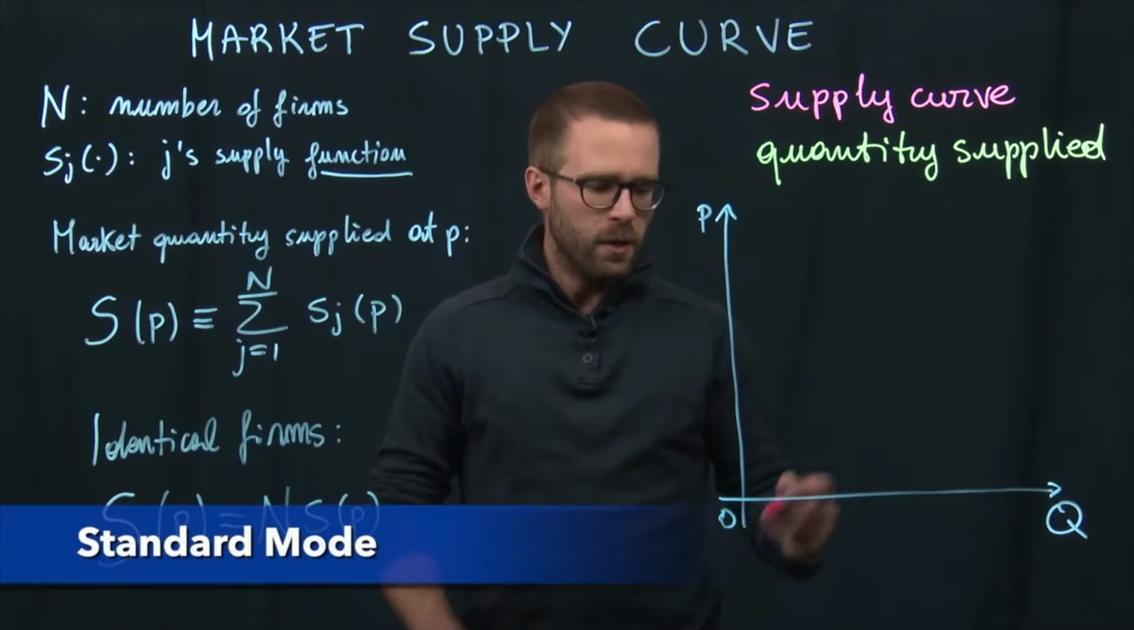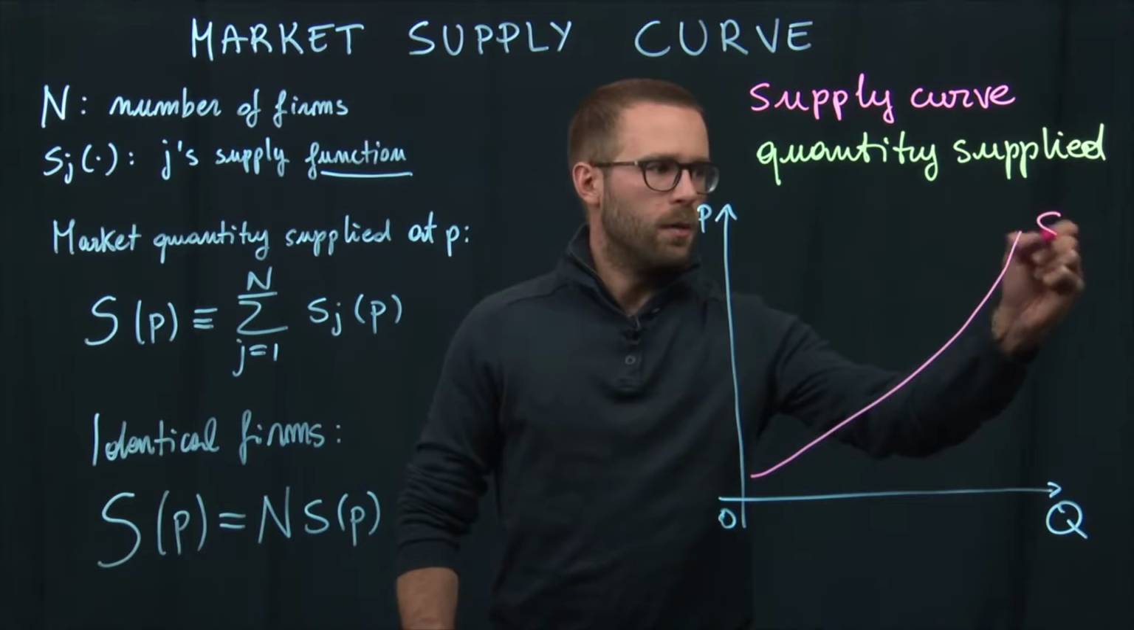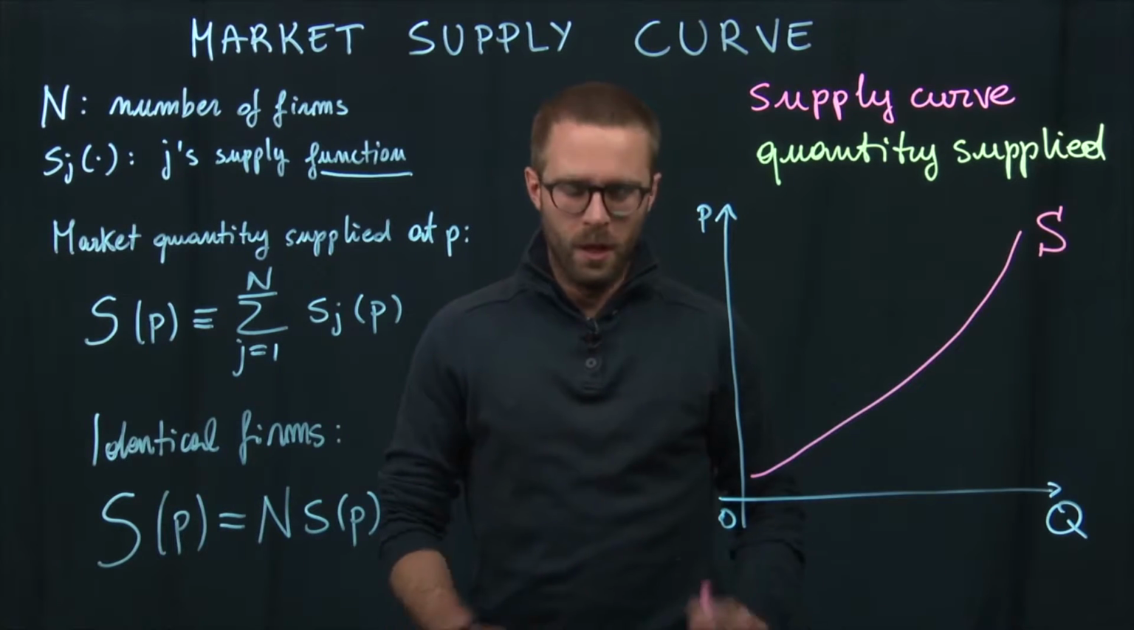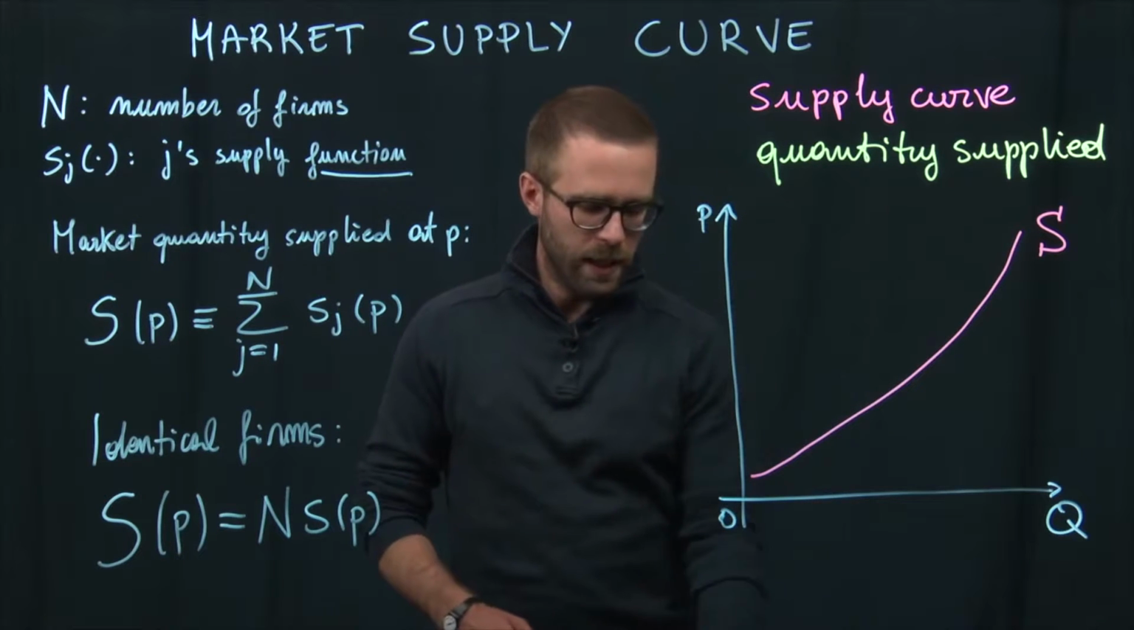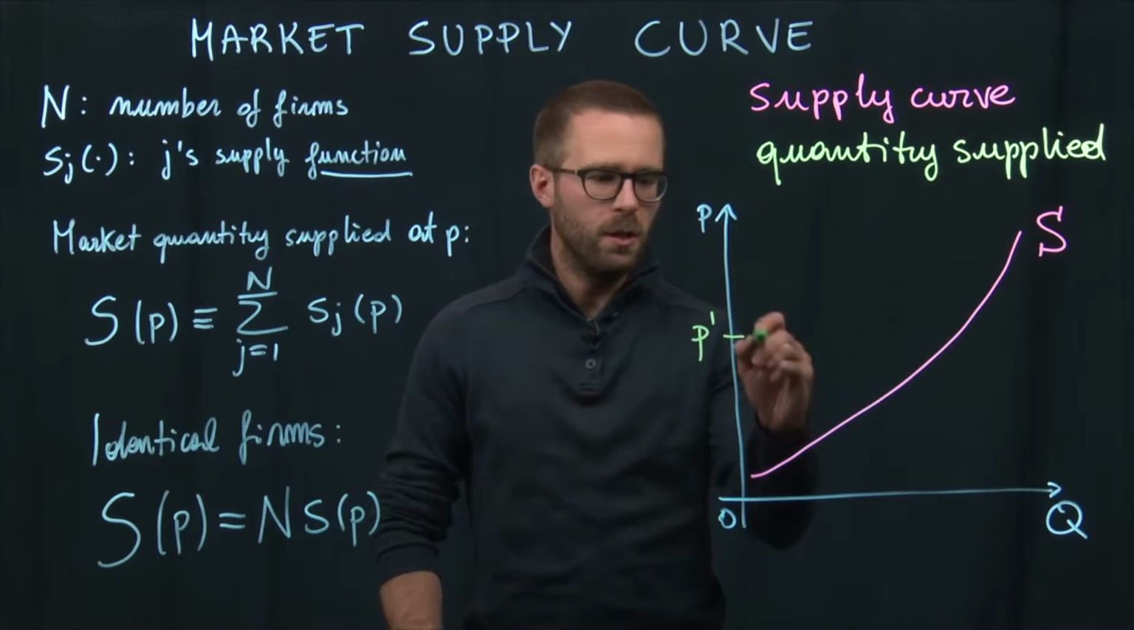So the supply curve is a function. So it's described, for example, by this curve in the graph. In contrast, the quantity supplied is just a number. So for example, if we choose a price P prime here,